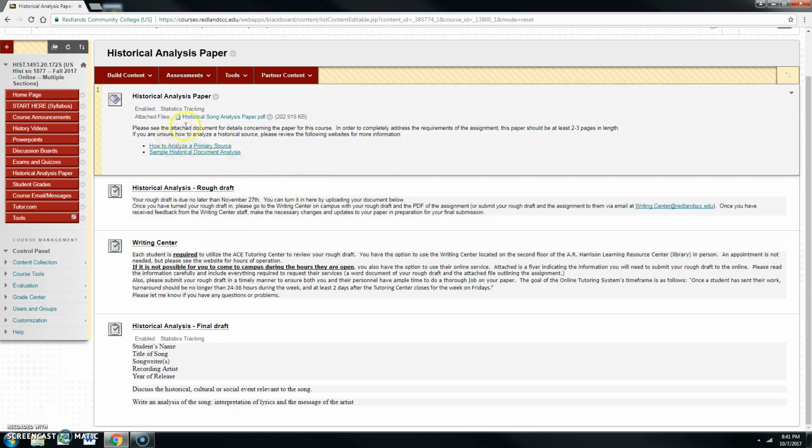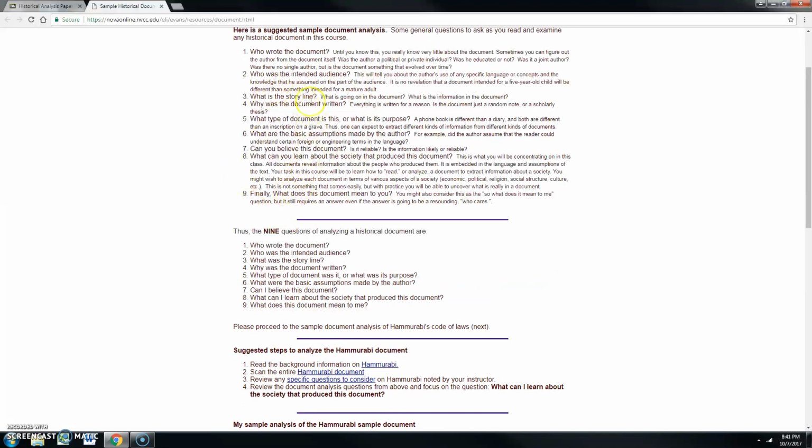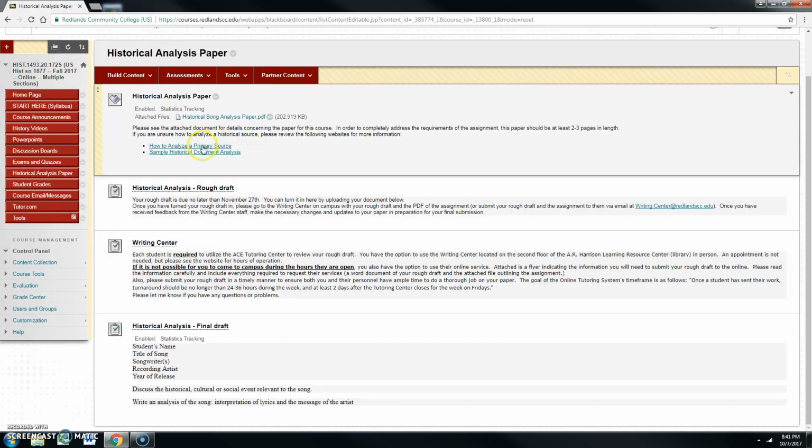Some of you may want to look more in depth if maybe you've never done an analysis of a primary source document, you're unsure of how to start. I've included a couple of links here on how to analyze a primary source and a sample of a historical document analysis. They each walk you through the steps and tell you what to look for within the documents, being the song lyrics that you are looking at, and how to go about processing and putting those down on paper.